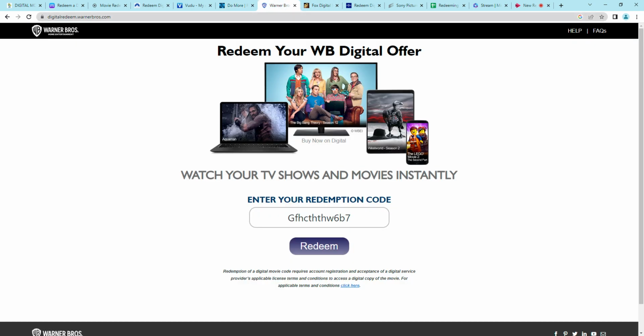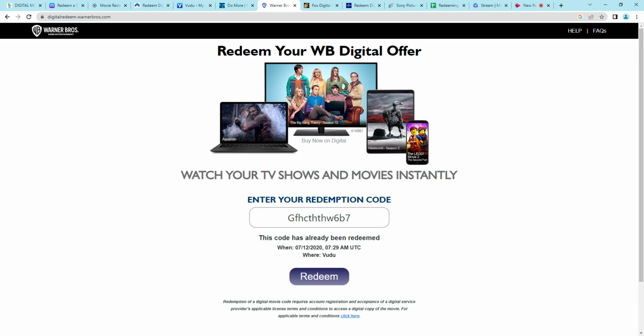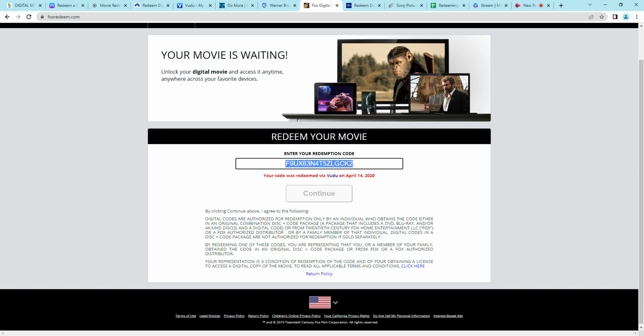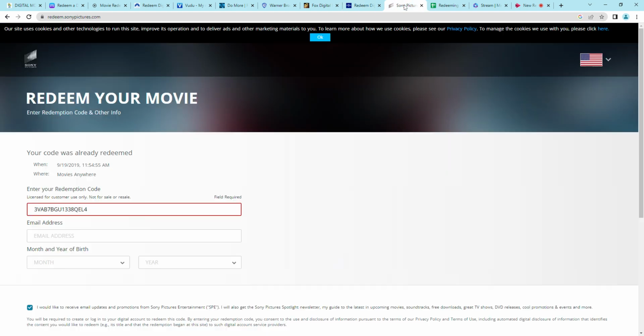For Warner Brothers, you can also go to their site. Again, all these sites are on the Digital Movie Resources and click on redeem. It'll show you where and when this code was redeemed. Same with Fox. It will not have a time on Fox, but it does have the platform it was redeemed on. For Universal, you go to Universal Redeem and it will tell you where, date, and time again. Sony, same thing. Keep in mind, Sony is your local time, so it'll show you what the local time was